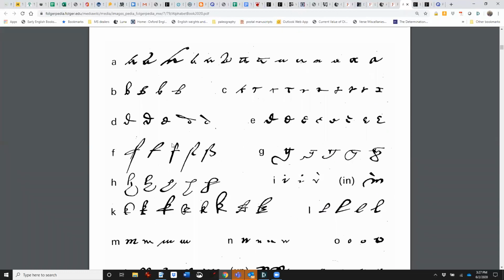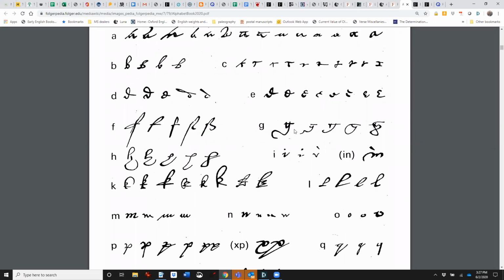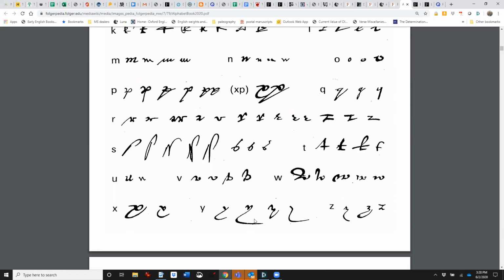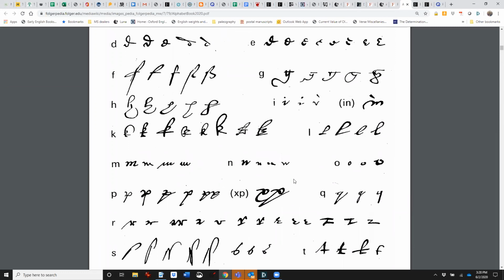So think of it as an alphabet that has loop descenders. So you want to look at all of the letter forms that have loop descenders, and you could learn those together. Or descenders, and notice which direction the descenders are going in. So for example, in this G, the tail is going to the left, and in the Y, it's going to the right.